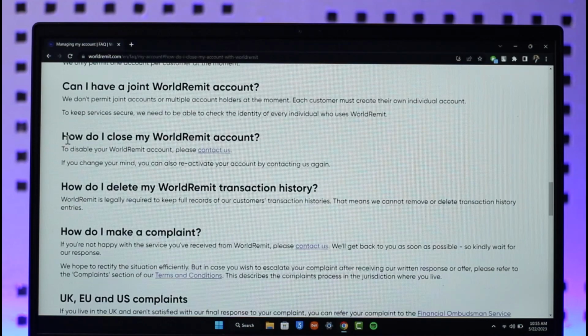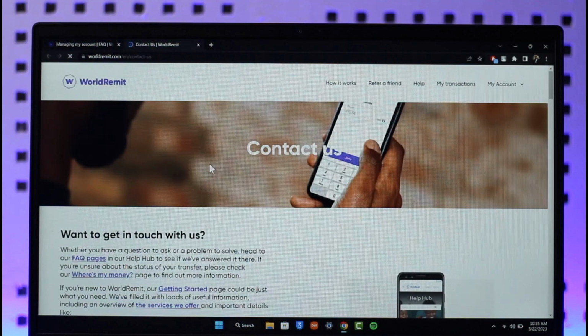Then over here you can see how do I close my WorldRemit account. To disable your WorldRemit account, please contact us. So that's what you want to do. You want to just click the contact us link here. Once you click on the contact us link, you'll be taken to the contact us page of WorldRemit,